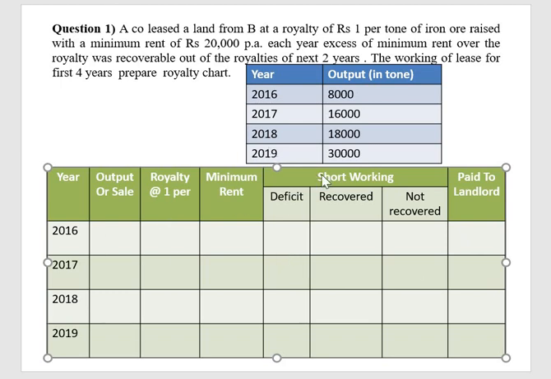To prepare the royalty chart, what information is required? Minimum rent is required, rate of royalty is very important, output of units is very important, and how many years is also important. Next, the recovery of losses, recovery of deficit, is also very important. Next 2 years means don't start from that year. If you are losing in 2016, you have to start from 17, 18. 17, 18 is the recovery of such losses. First means you have to work from that year, starting the recovery of losses from 2016 only. But in this problem, they have given next 2 years.